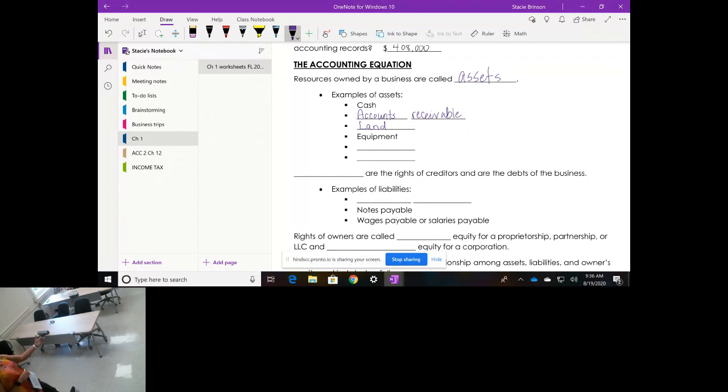Well, it was worth something when you bought it. So it is your asset. You're probably going to write it off and abandon it because it's nasty, but it still is an asset. It's something that you bought that at the time was worth something. Equipment. That's another one. You might have to buy warehouse equipment. You might have a copy machine in your office, your computer, all that's equipment.